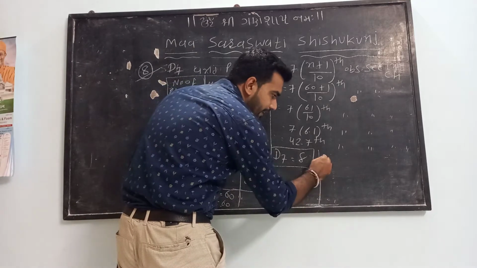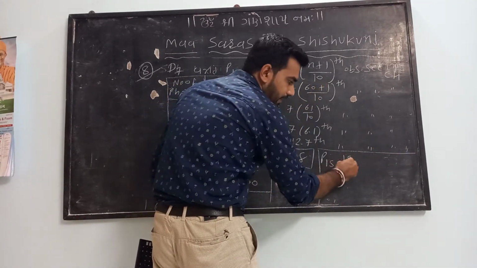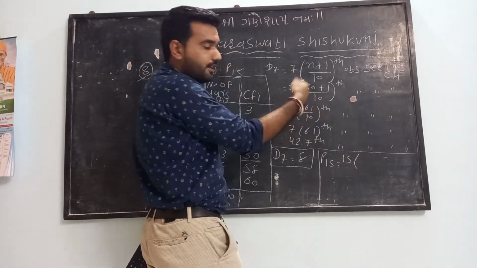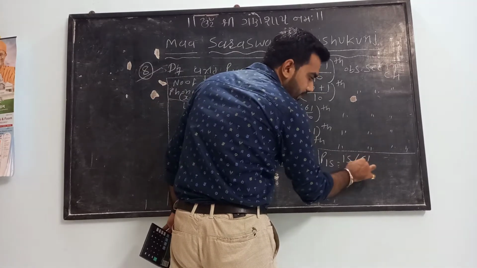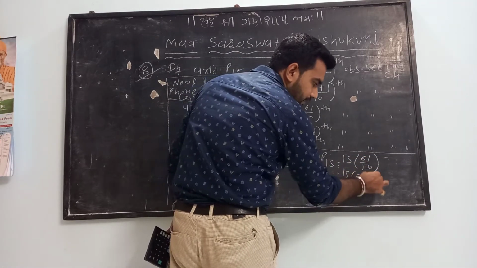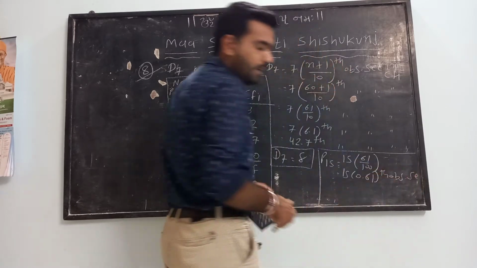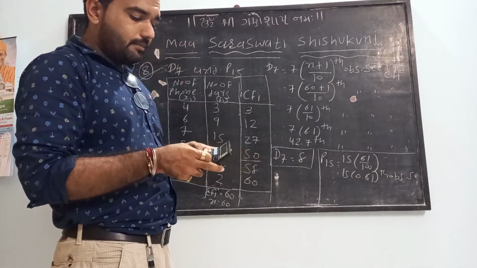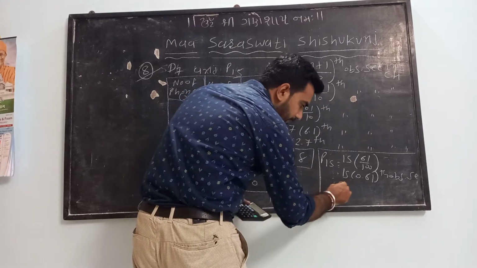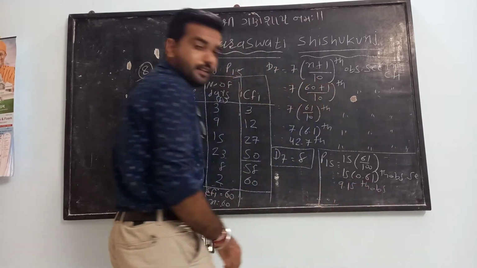Okay. See, directly we can write here P15 now. 15 in bracket, same here, but here there is 100 instead of 10. So 61 divided by 100. So 15 in bracket 61, the observation see in CFi. So 61 multiplied by 15, the answer is 9.15 observation, see in CFi.